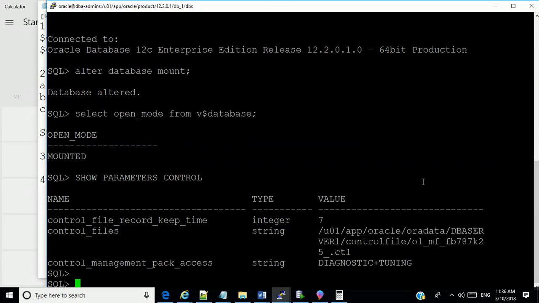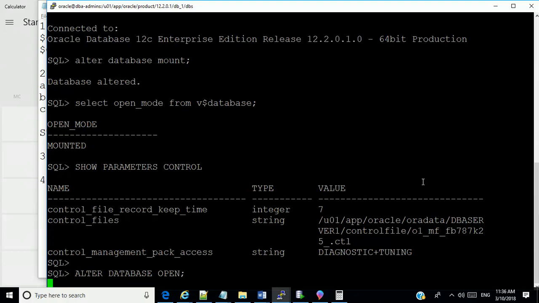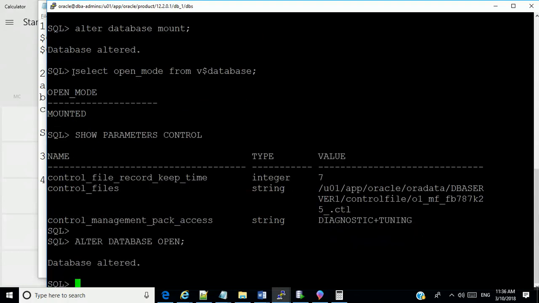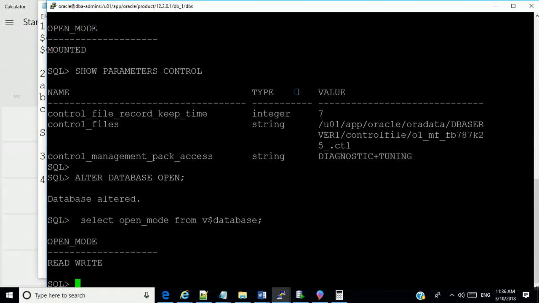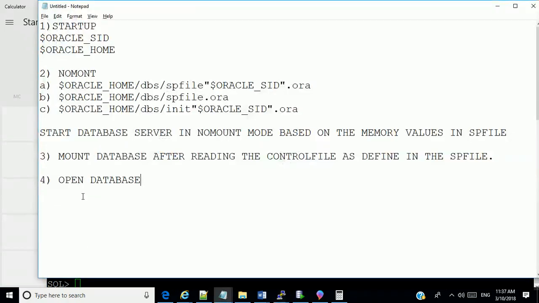What I'm going to write is alter database open, okay? And when you do that and you select the mode, you notice that it has now changed from mounted to read write. That means you can now work on your database, okay? Understand that